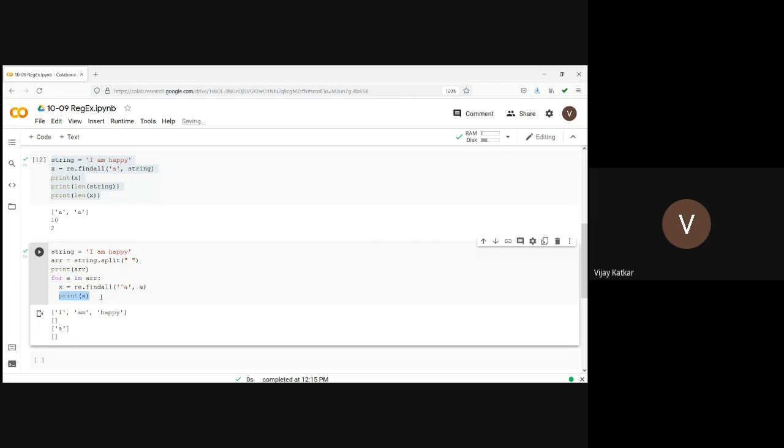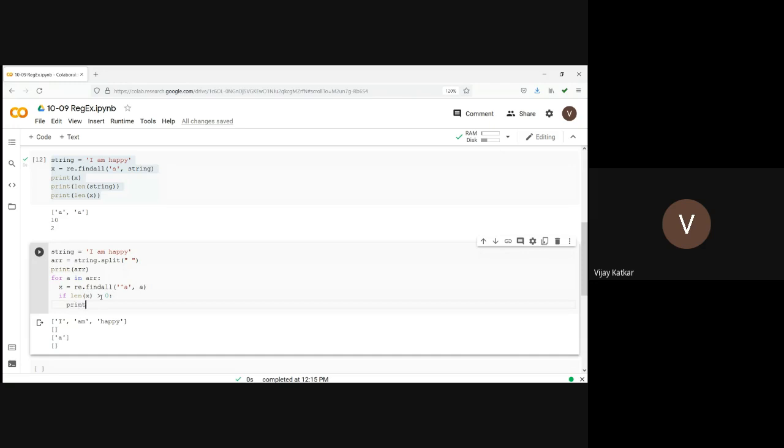Now I can modify the code to make more sense. Here I will check if the length of x is greater than 0, in that case I can say that the word begins with A. In that case I can say that word begins with A, dot format, and here I am passing that word.